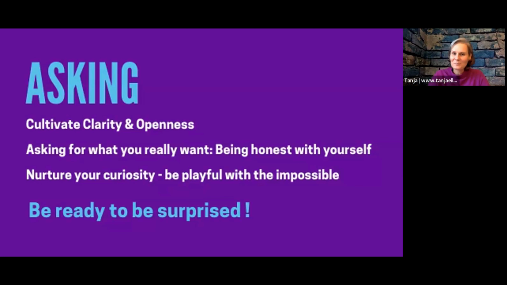So also, don't worry if you have asked a question and it seems like there's no answer coming, or no clear thought coming in right away. An answer can come in all possible ways. And the more you train yourself, the faster the answer can come directly to you. It also can show up in your everyday life, in the way your life unfolds and what comes into your awareness in your daily life after you have asked such a question. So be aware of what happens after the asking.